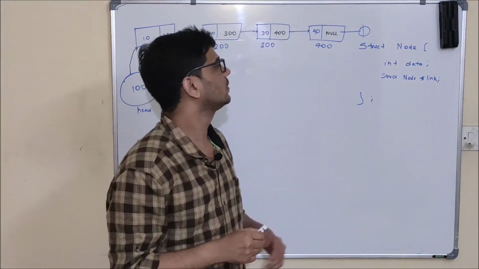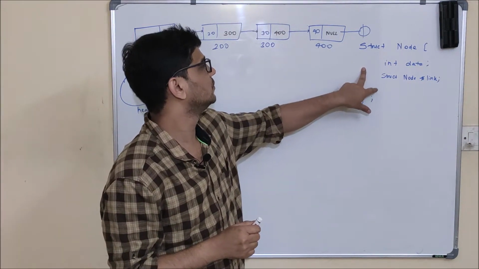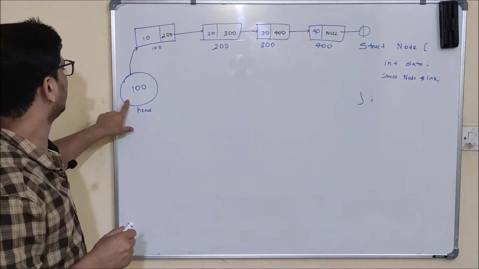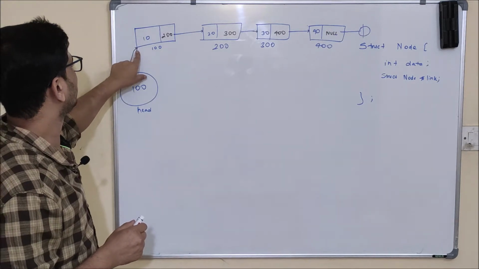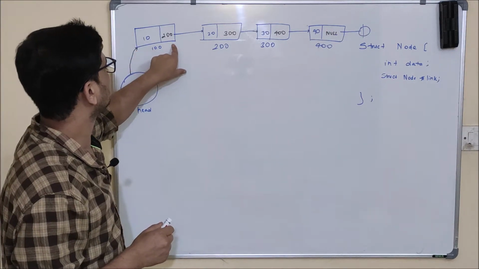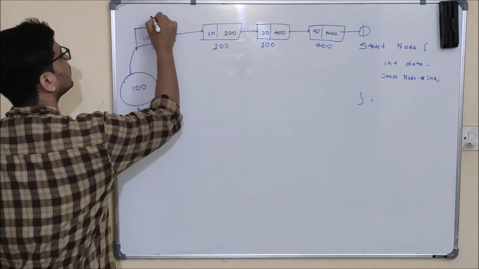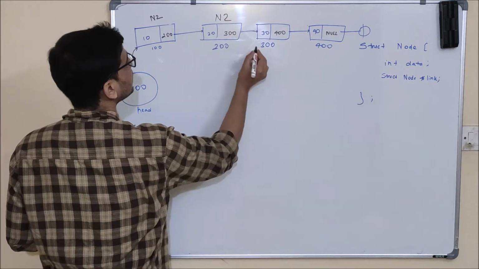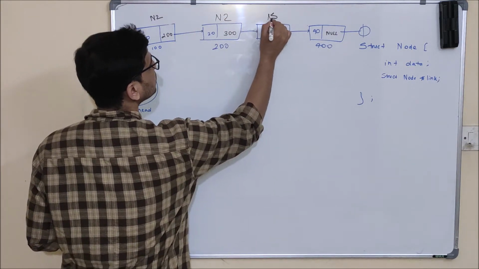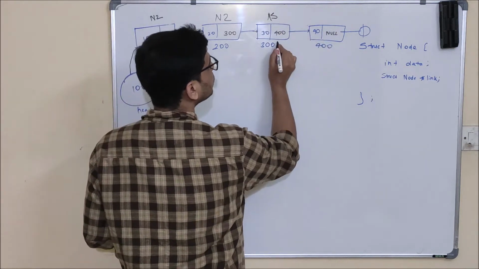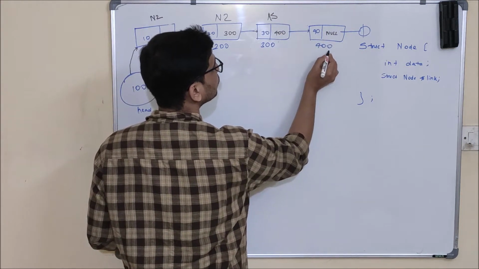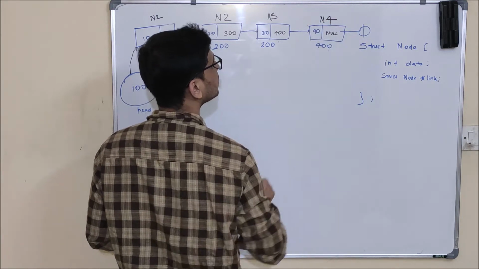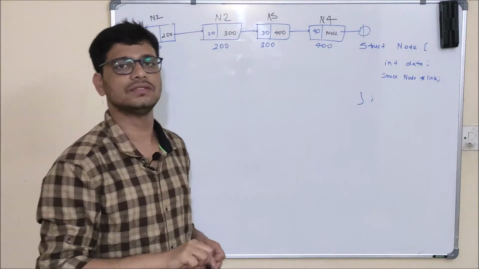So as you can see here, this is our definition of the node of a linked list, and this is our linked list which we will be traversing today. This is our head pointer. It is containing the address of the first node. Node 1 is containing the address of the second node, that is 200. Node 2's link part is containing the address of the third node, that is 300. Node 3's link part is containing the address of the fourth node, that is 400. And the fourth node is containing null as there are no nodes after this one.